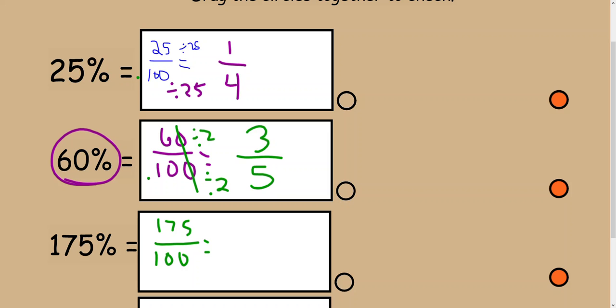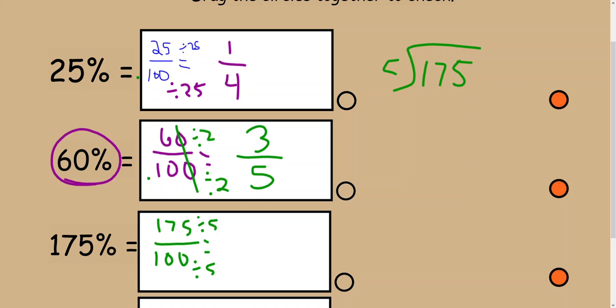And if you don't know big numbers to divide into it, use divisibility rules by knowing that 5 will divide evenly into any number that ends in a 5 or a 0. So we know that we can divide 5 into 175 and 5 into 100. Can you do that in your head? I can't. So I have to show my work. So I'm going to come up here at the top and do 175